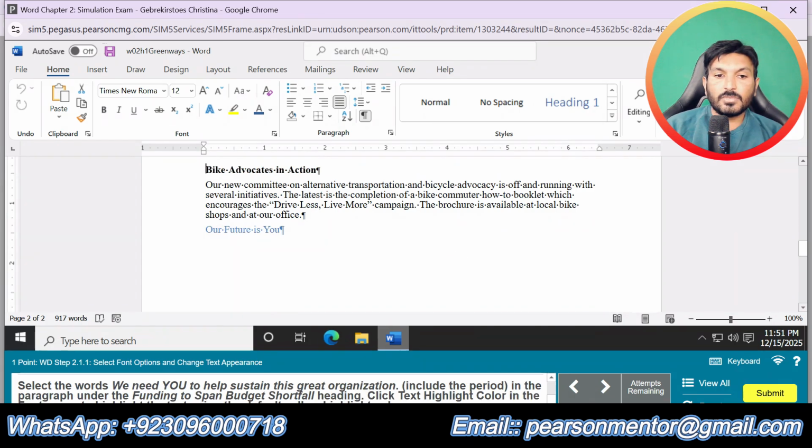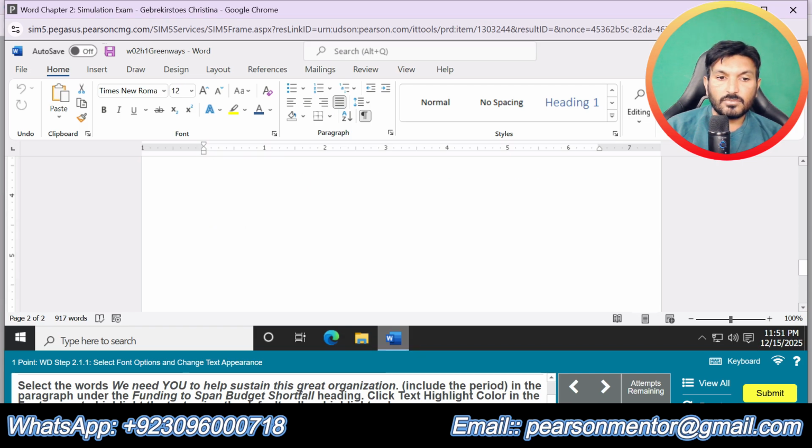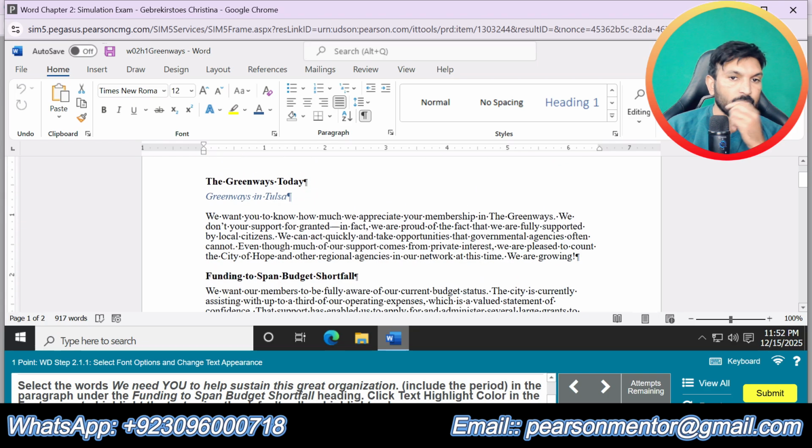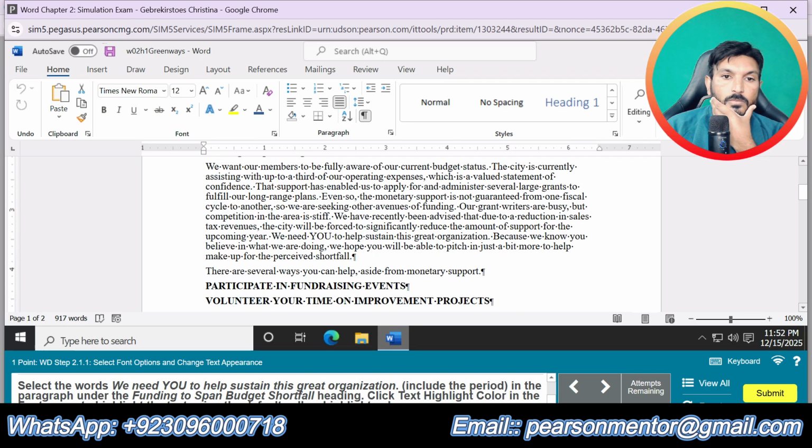Select the words we need you to help sustain this great organization. Include the period in the paragraph under the fundraising to span.